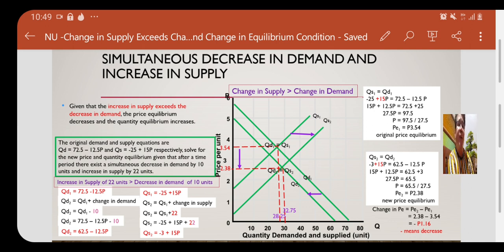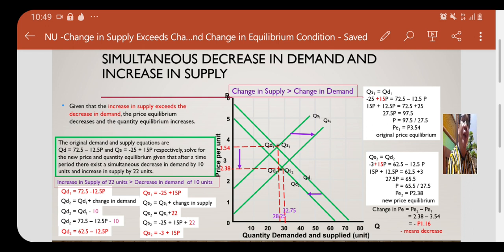And of course, finding the equilibrium point, the original equilibrium point is the intersection of QS sub 1 and QD sub 1. So at that point of intersection, QD sub 1 is equal to QS sub 1, QD sub 1 being the original demand curve and QS sub 1 being the original supply curve. At that point of intersection, the corresponding price is 3.54 and the corresponding quantity is